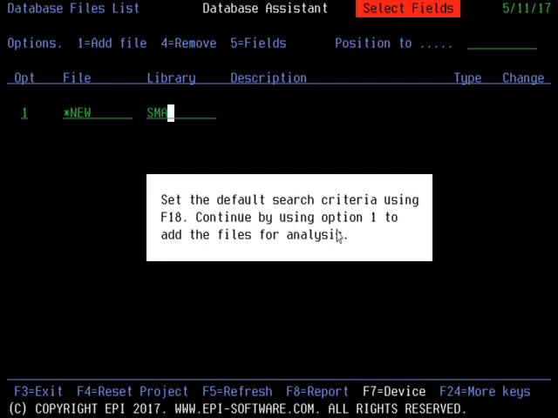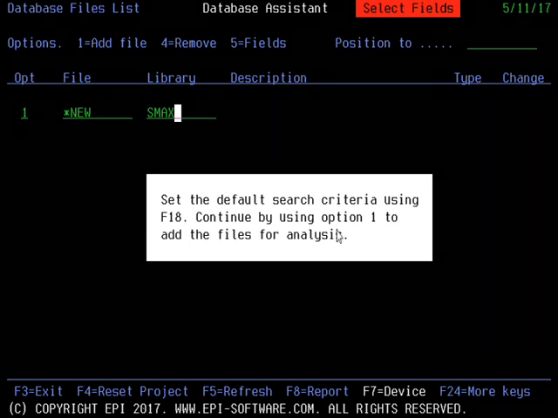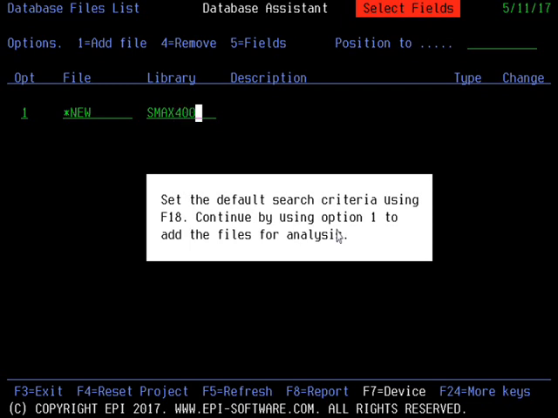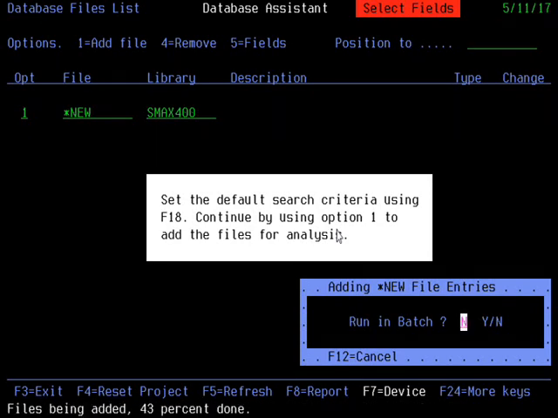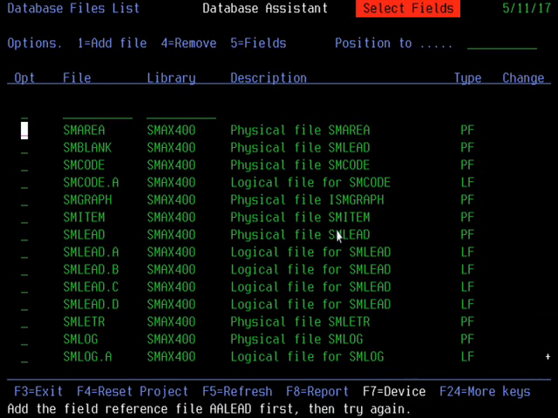So the library I'm going to choose is SMAX400. Press enter, run in batch. I'm going to say no. And what it's done, as you can see, it's added all the physical and logical files into the project list,